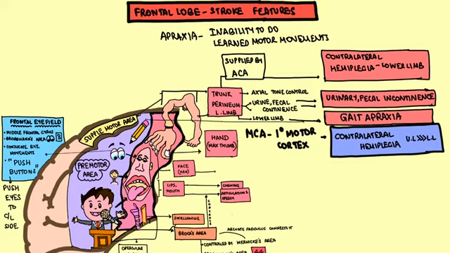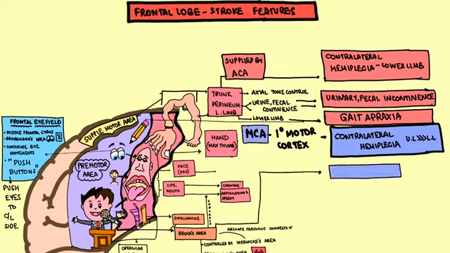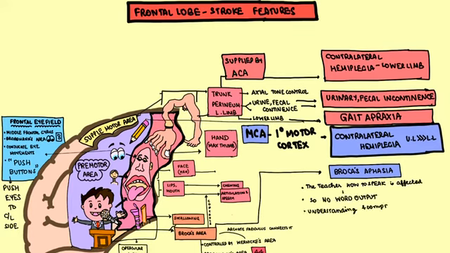Next is involvement of Broca's area. It will lead to Broca's aphasia. The teacher who tells how to speak is affected, so there is no word output; he can't speak hereafter. But he can understand. Understanding is done by Wernicke's area. He can understand, but he can't repeat, since Broca's area is affected.